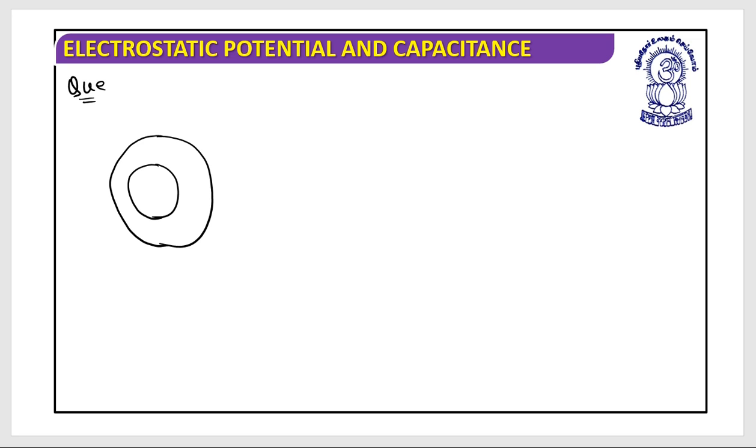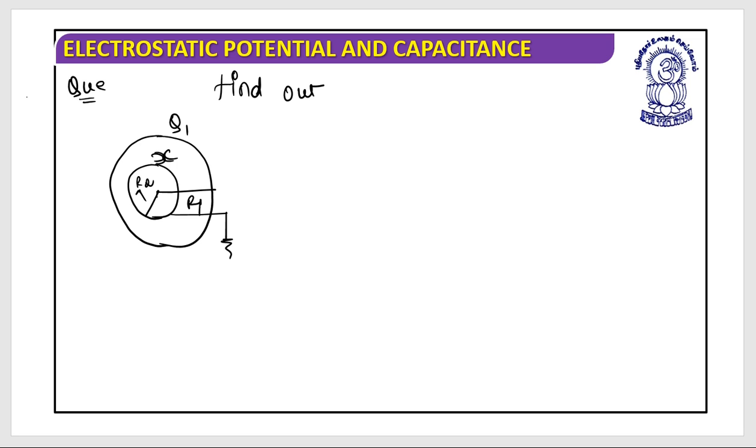Let's have the reverse of the situation. This is the Q1, this is the R1, this is the R2, and let's say the inner sphere has been grounded. This is the X. The question they have asked is that